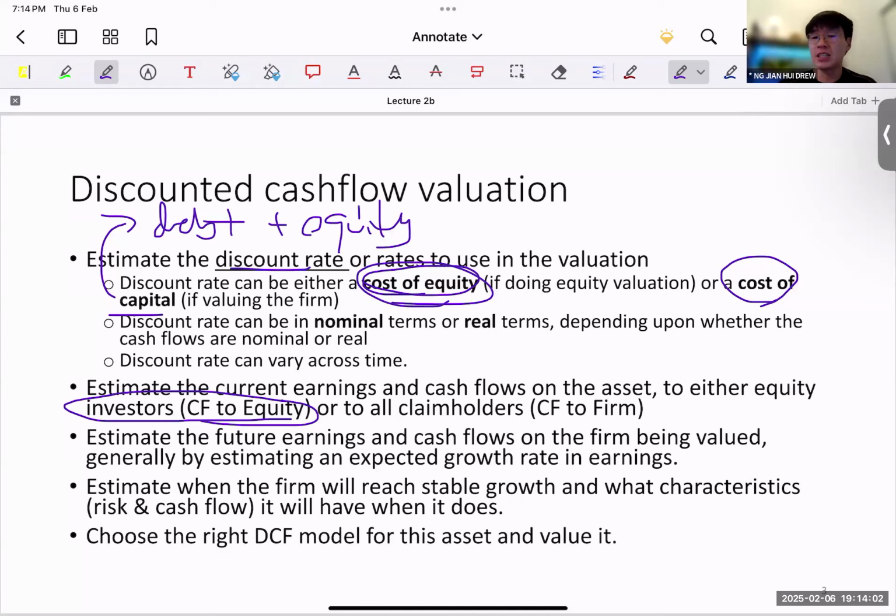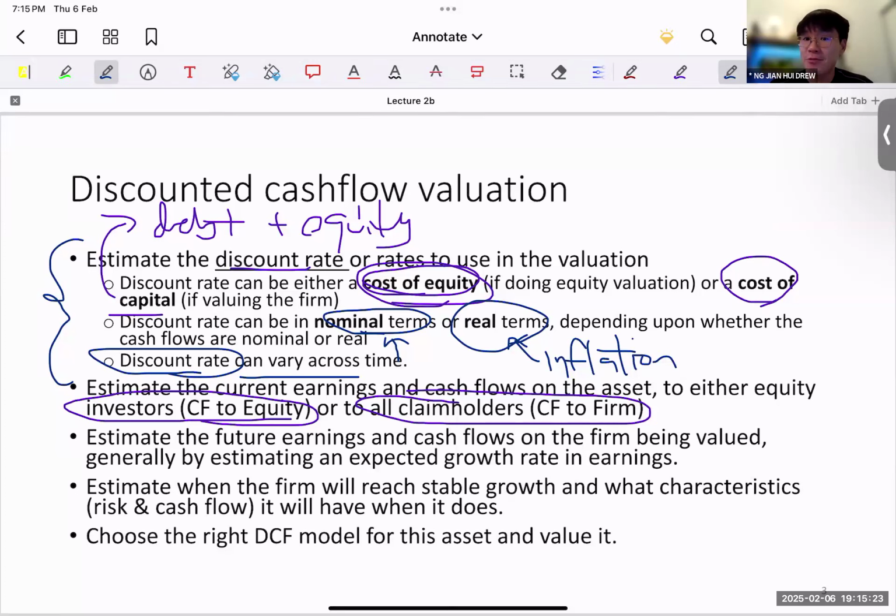Last but not least, you need to think about things like, maybe the discount rate will vary across time, right? Especially in such a volatile environment, maybe the last 2 years where there's an increase, there's a rate hike, and then now there's a cutting of rates progressively, right? So the rates are changing quite a bit. So because of that, we might need to vary the rates across the different valuation years that we're trying to value the firm.